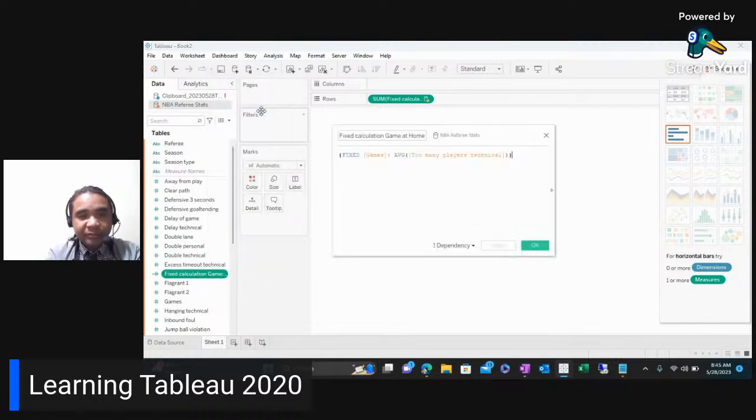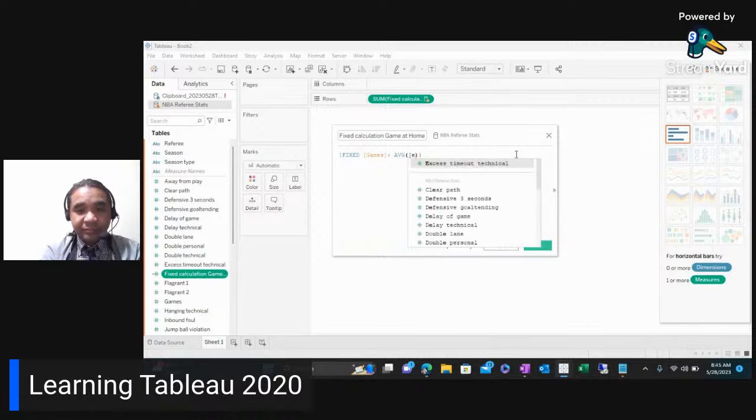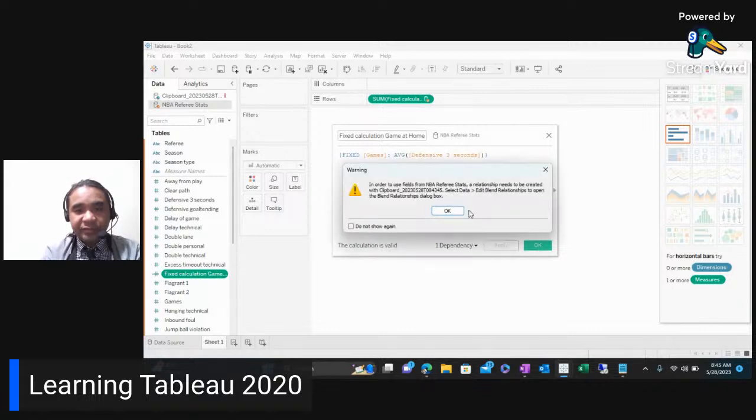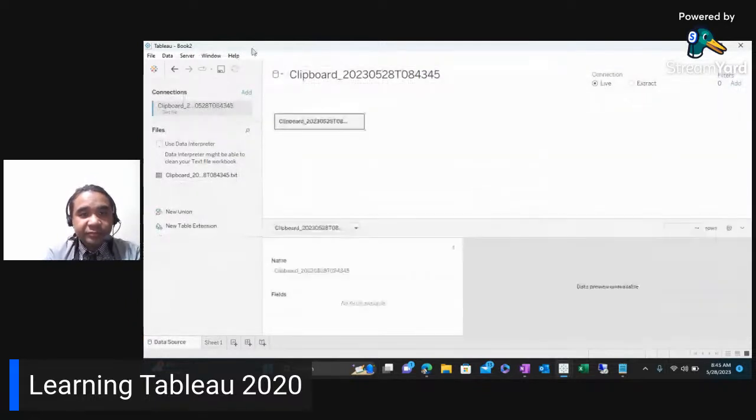It's not referencing properly. So instead of it being technical fouls, it should be defensive 3 seconds. Let's see if that works. It's a valid calculation, and see if it's associated works, and it's still not working. So we have to remove this